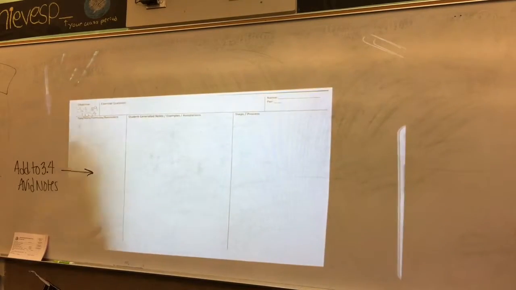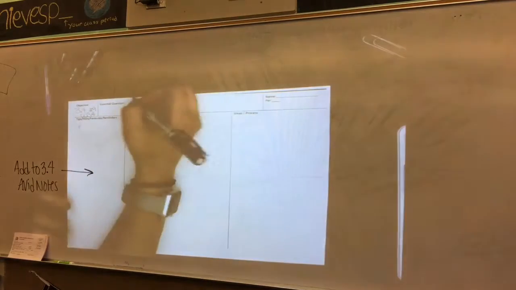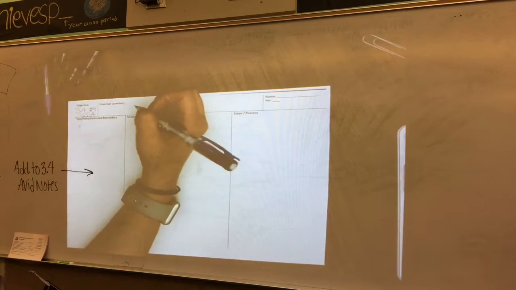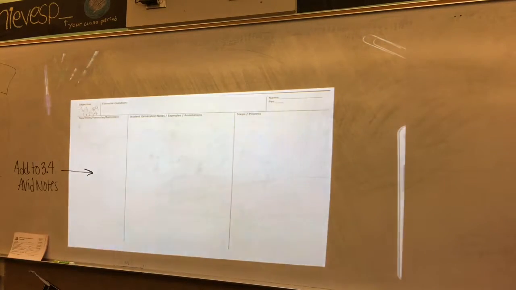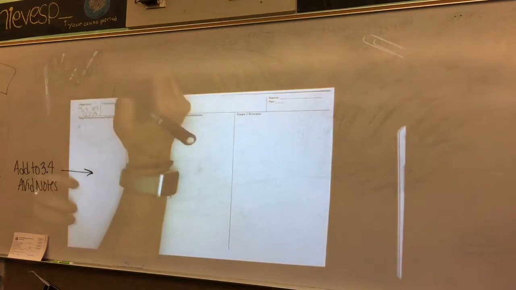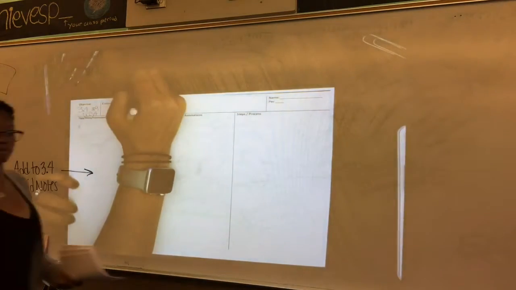This is objective 3.4 AVID notes. My essential question: turn the directions into a question. The directions said factor, then sketch the graphs of polynomial functions, label the intercepts, okay? So, how,